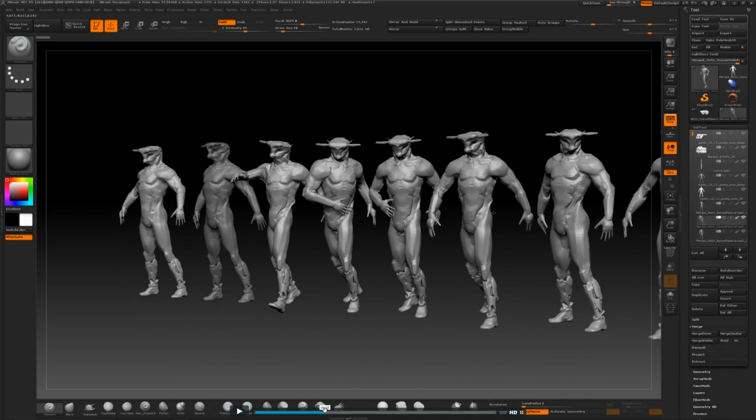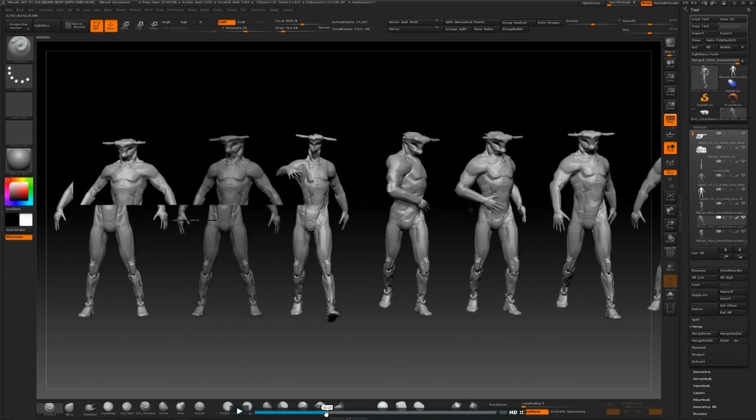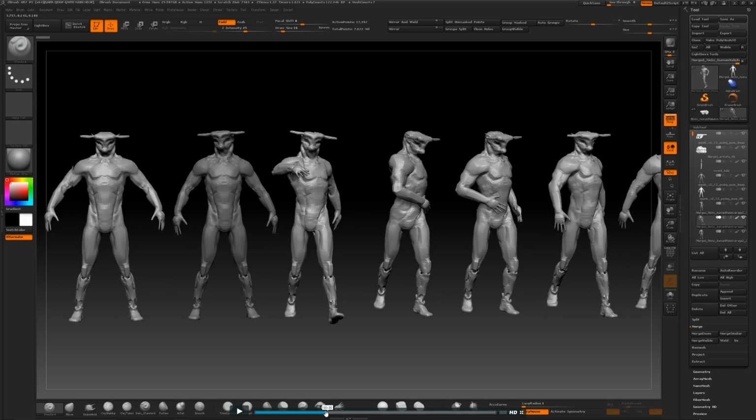You just skipped past it there. But this is a series of poses that are quickly created in ZBrush using just a couple of tools, the masking tools and the transpose tools. And then you use these low polys as morph targets in Marvelous Designer. And that's where you can get the motion, the inertia, and the life